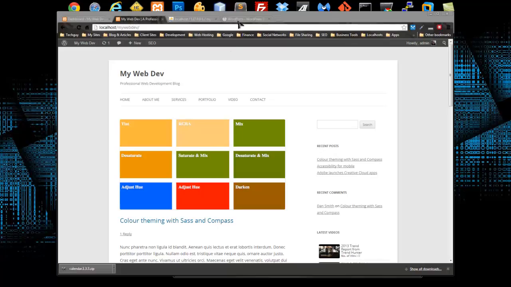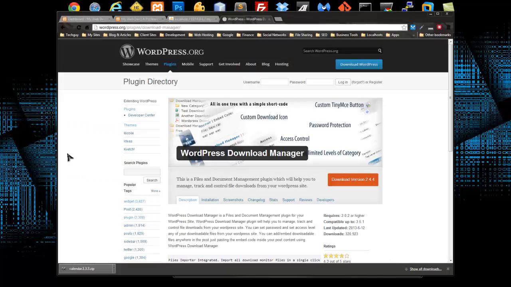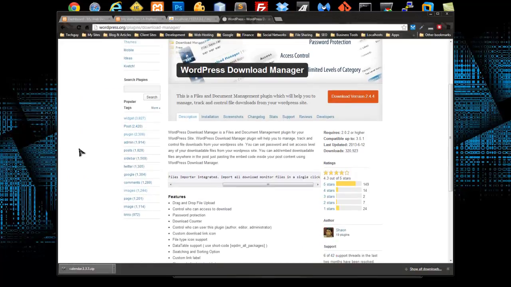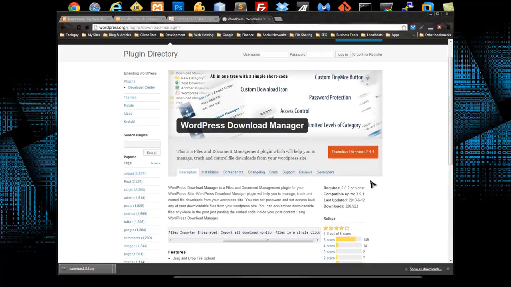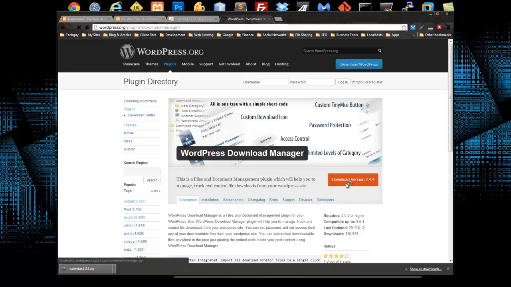So the plugin that I want to use is called WordPress Download Manager. If you go to wordpress.org/plugin/download-manager, you can read all about it, the features, installation, screenshots. You can read reviews. It has 149 5-star reviews, so it's a pretty popular extension. So we're going to download this,